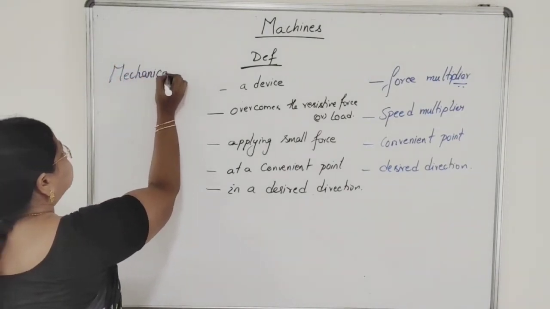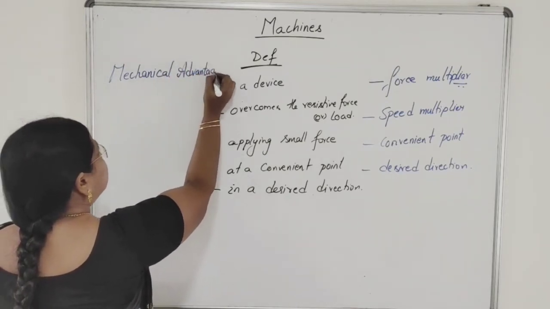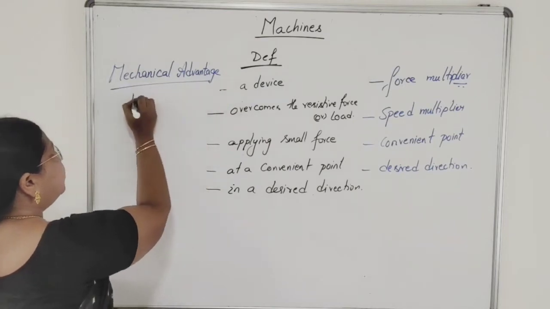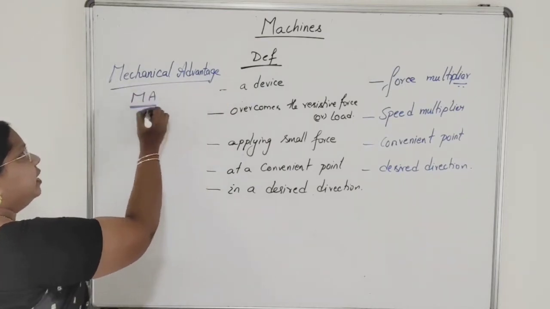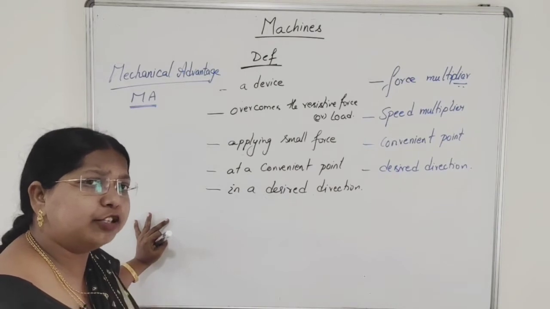Mechanical advantage. So what is this mechanical advantage? It is denoted by capital A. Simple definition, mechanical advantage is the ratio of